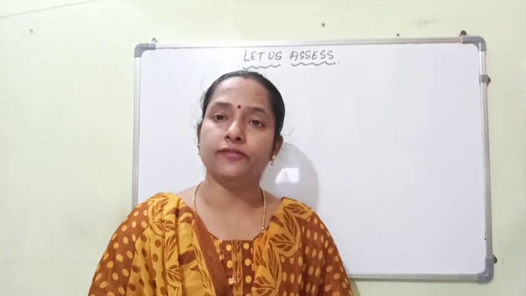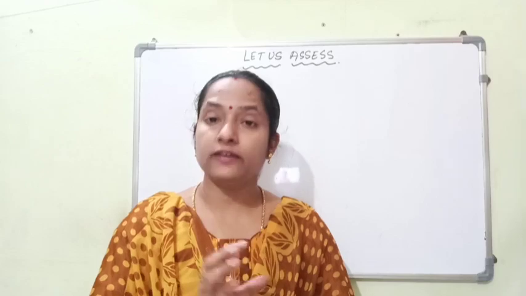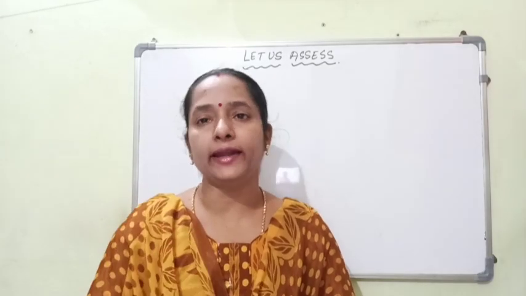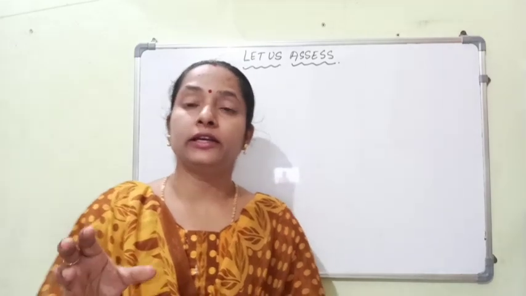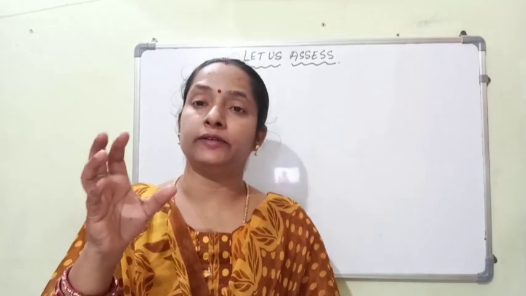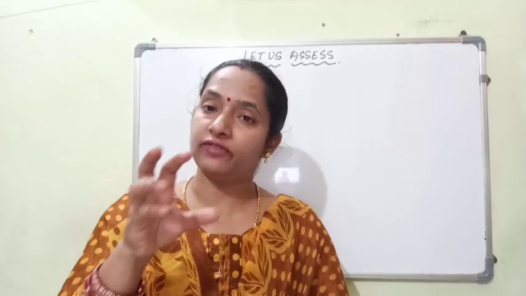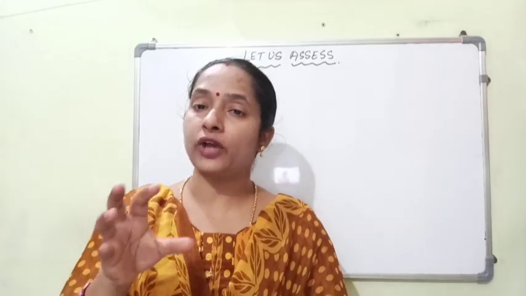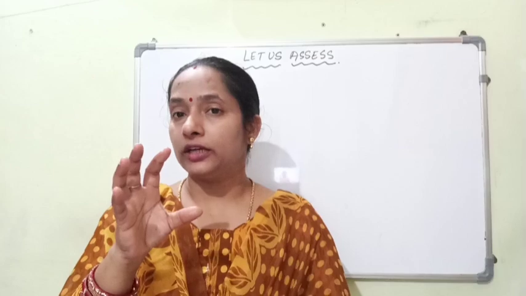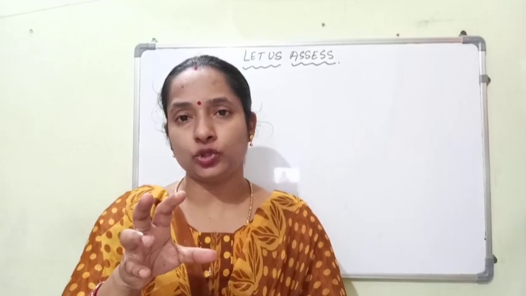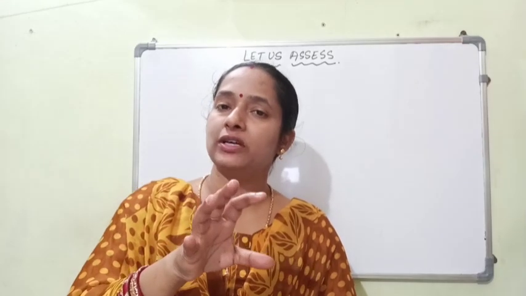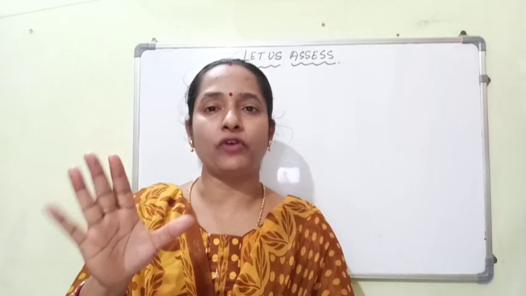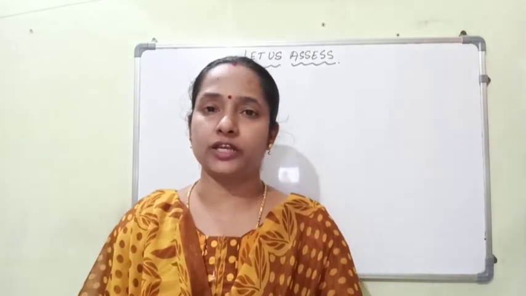Question number 7 is given, the product of 2 numbers is given. Even if you are given the LCM, then you have to find the HCF. Children, I have given you all the formulae where you can derive the value. I have derived all the formulae from the relationship between the product of any 2 numbers and their LCM and HCF. That is, the product of any 2 numbers is equal to the product of their LCM and HCF, and using that formula I have derived all the formulas related to this.